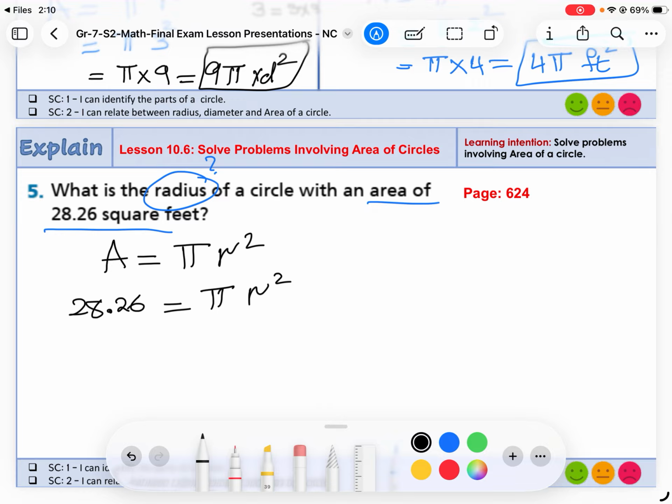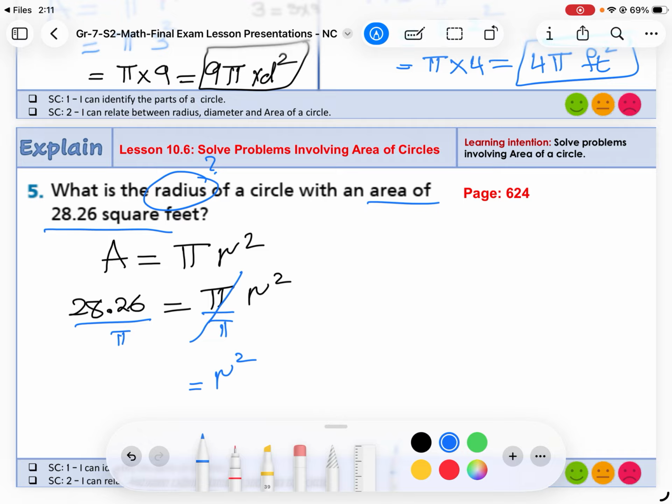Okay, now we ended up with an equation. How are we going to solve this equation? In order to solve this equation, we need to isolate the variable. The variable, as you can see, is r, because pi is a number. So we will divide both sides by pi to get rid of it. Okay, so pi divided by pi is 1. So that means r squared is equal to